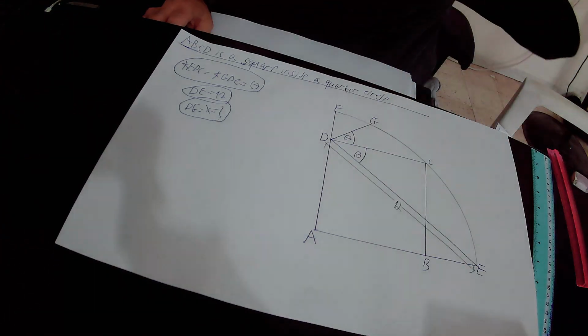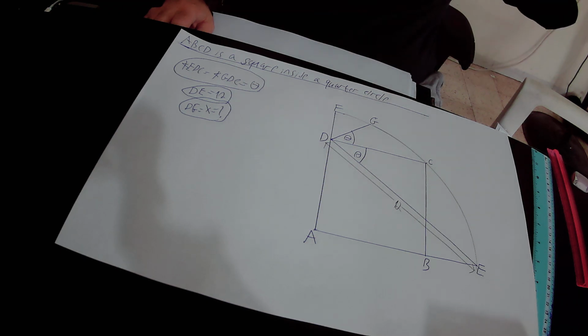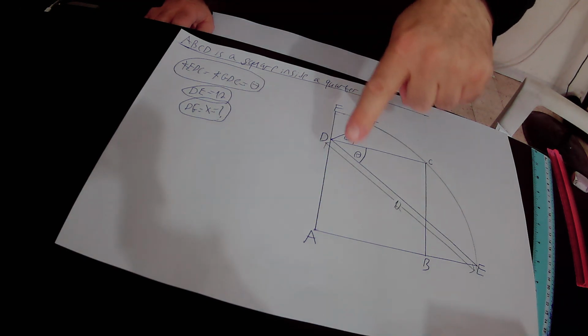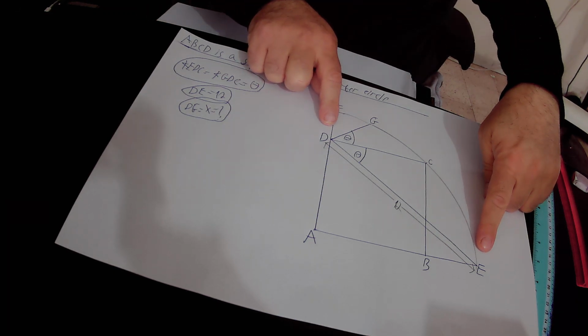And now in this lecture we will find out the value of x. In the drawing we have a quarter circle, AFE is a quarter circle. Inside this quarter circle we have this square ABCD. In addition we know that line segment DE, this is line segment DE, is equal to 12 units in